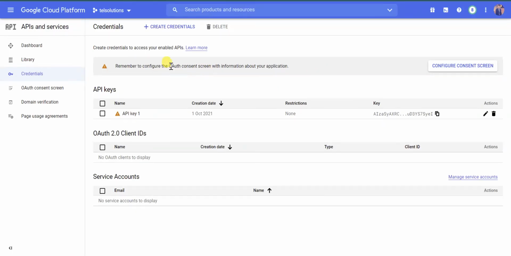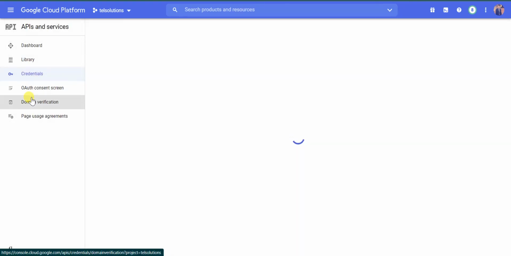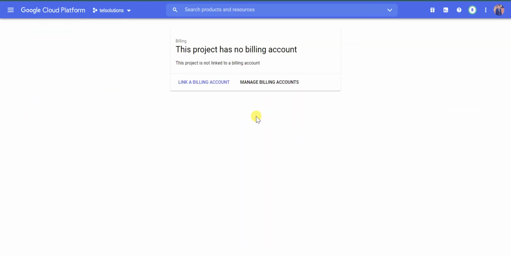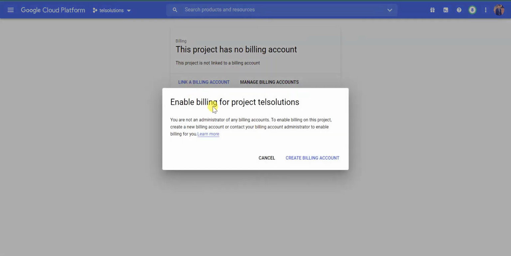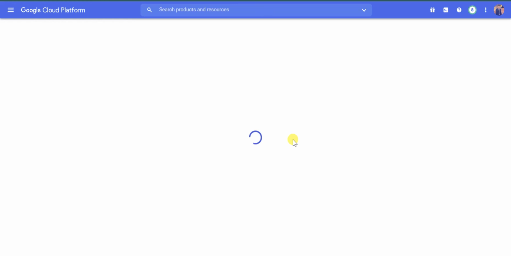Okay, so what I was saying, we need to add billing details. Click on this option, and again click on billing. Here it will ask you to add your billing details. As you can see, link a billing account or manage. If you already have one, then you can manage the billing account. When you create a billing account,